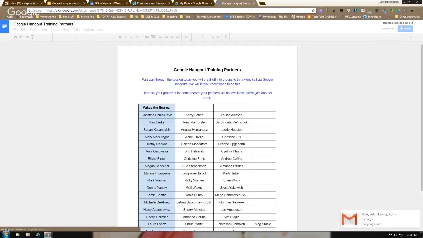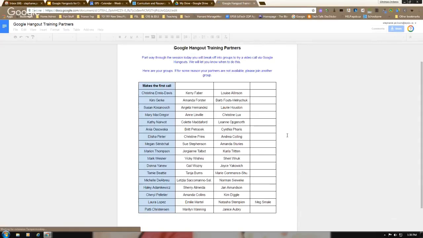I'll add that in here into the chat as well to help. So here are your partners. Now what I'm going to have you do is the person that is highlighted in blue in this first column is going to call the other 2 people in a video chat. Okay. Now I'm going to go over again how you can do that. There's sort of 2 main ways that you can add someone to a video chat. And the first way that you are going to do that is to